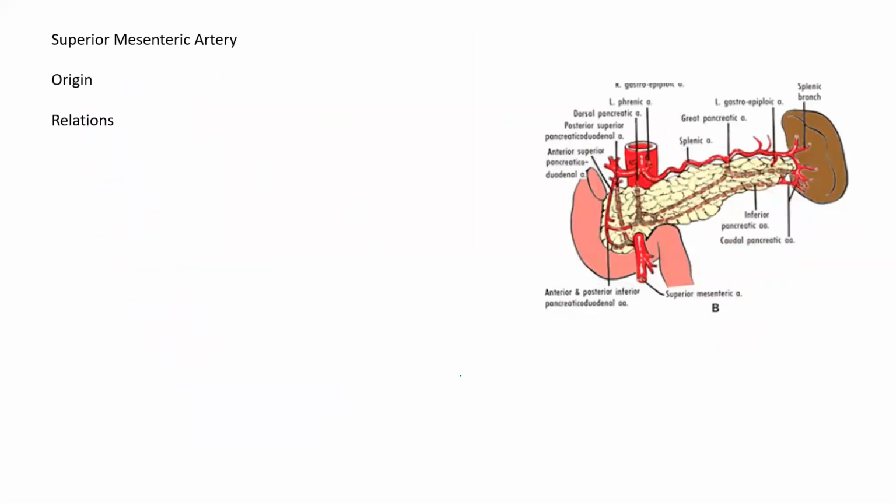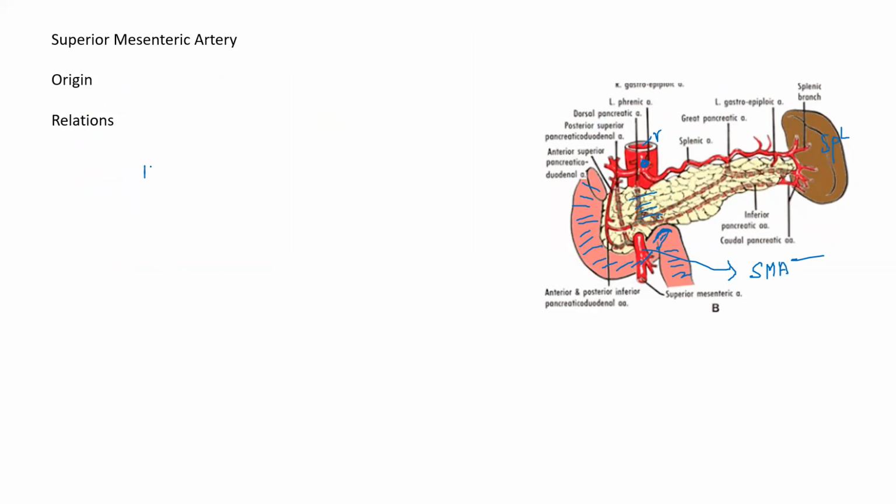So the superior mesenteric artery, in this diagram, can you see what are the structures here? So this is your duodenum. That's the jejunum. This is your duodenojejunal flexure. This is the spleen that you see here. That's the abdominal aorta, celiac trunk. Why are you not able to see the origin of the superior mesenteric artery? This is the superior mesenteric artery, but are you able to see the origin of the superior mesenteric artery from the aorta? What is the structure hiding that? The pancreas, isn't it? Okay, please remember.